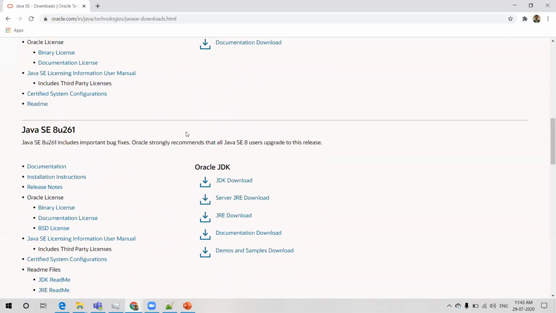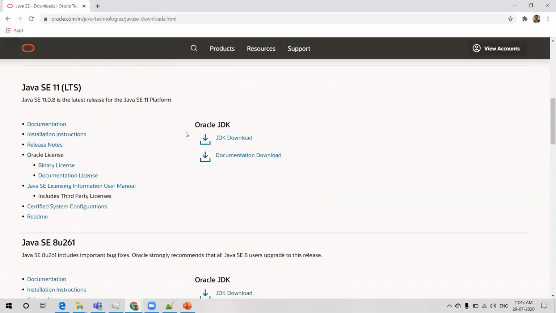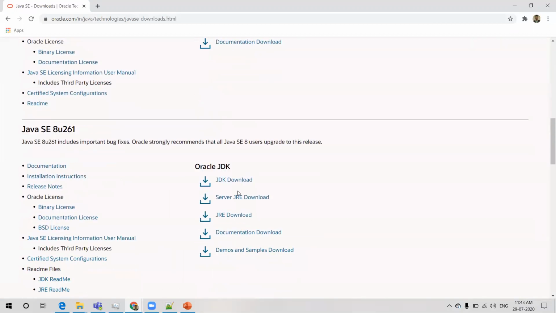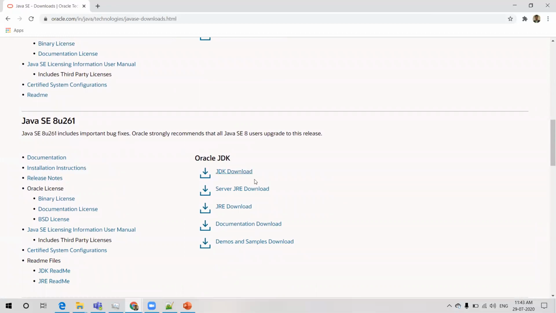Again, it's up to you. You can still go ahead with Java 11, but you'll not have JRE, and you can still run the applications using JLink for writing some small custom runtimes. So to avoid all those, I choose 8 so that JRE comes along with JDK here in Java 8.